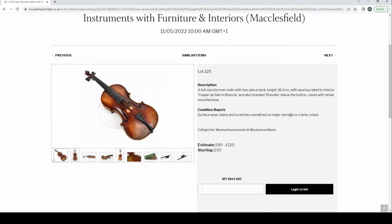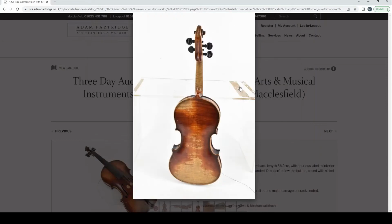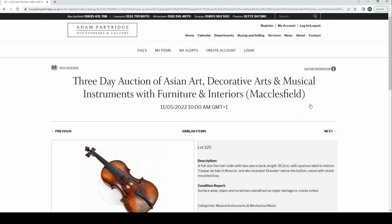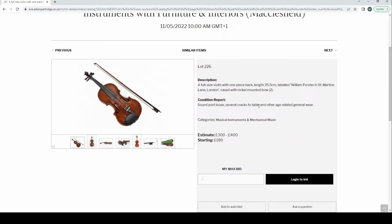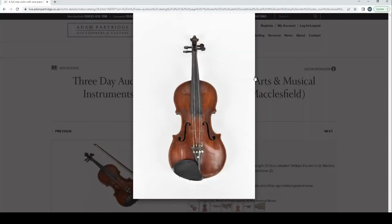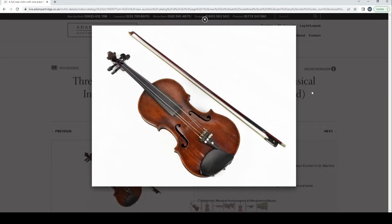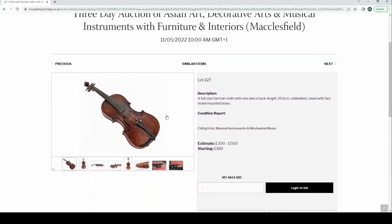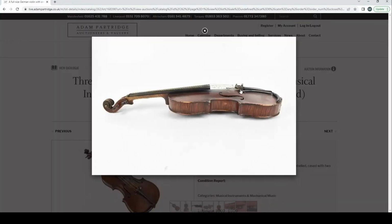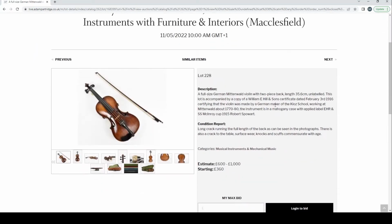Full-size German violin, a Caspar de Salo and Brescia label, and branded Dresden. So a fairly standard instrument. Full-size violin, labelled William Forster in St Martin's Lane, London. And once again, looks fairly standard kind of instrument, trade instrument. Full-size German violin. Another few tradey instruments. Full-size German Mittevald violin,